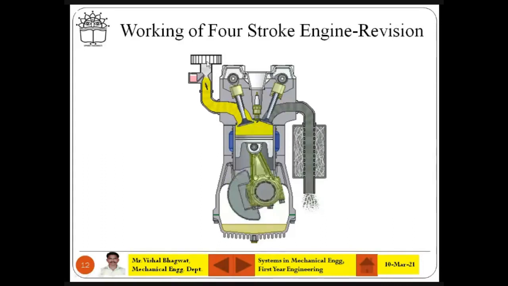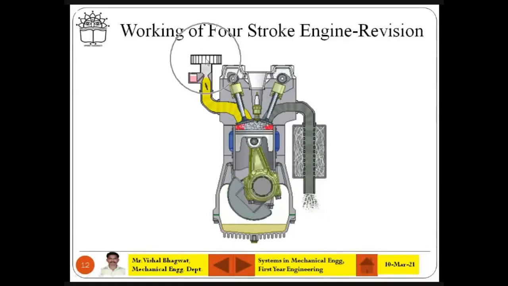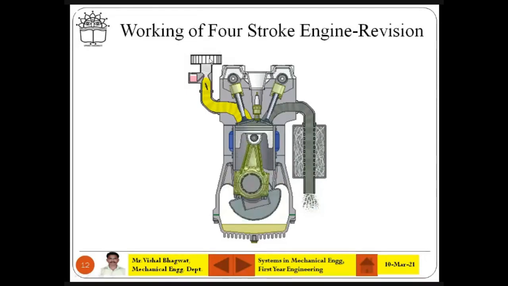Now this is the manifold, the inlet manifold, from which you send the air plus petrol mixture inside. There is a device called the carburetor. You may have heard of the carburetor. The air is filtered and sent inside the combustion chamber. Here there is a petrol tank or fuel tank from which the required amount of fuel will be sent inside. And what you see here, can you see this?